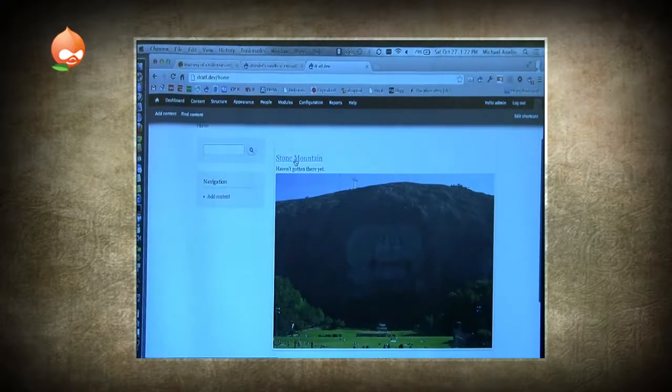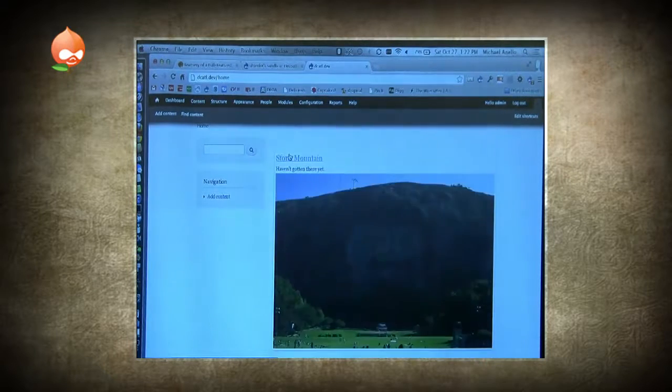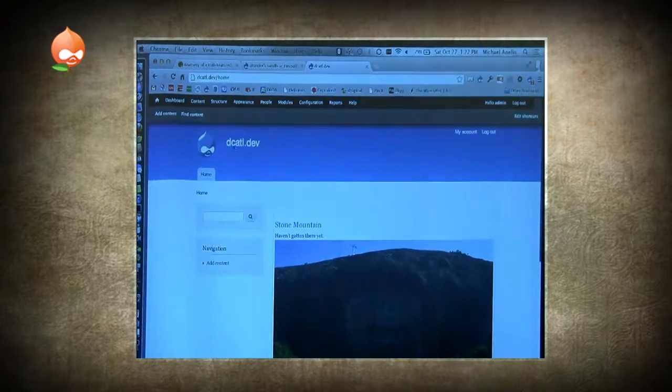So by default, just the title and the caption, the attribution just kind of appear in line on top of each other like Drupal wants to do. I'll show you the little theming in a few minutes. But